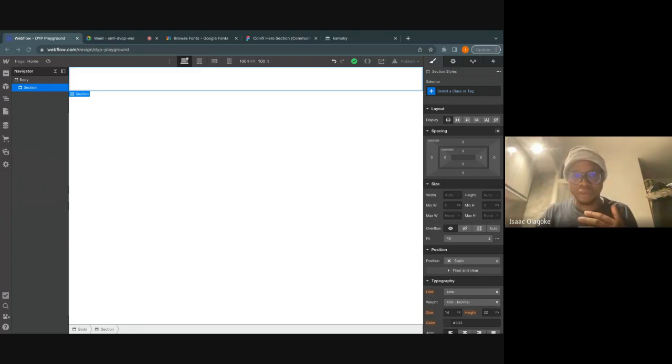Let me give another example. Look at this, for example. This is a bigger example. Look at this hero section where you have the description, you have the images, then you have how can we help you. That's another section. Then we have these icons, then you have what they do and everything. So those are examples of sections. So if you are building that in Webflow,